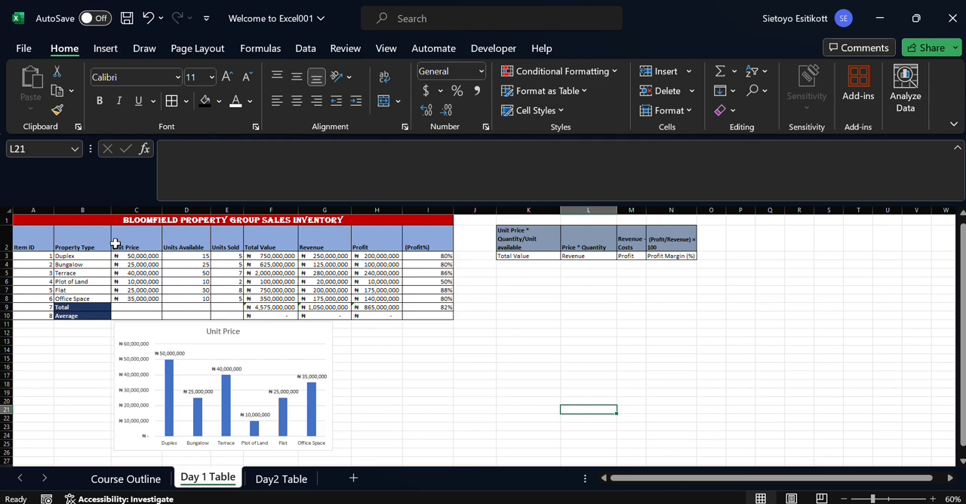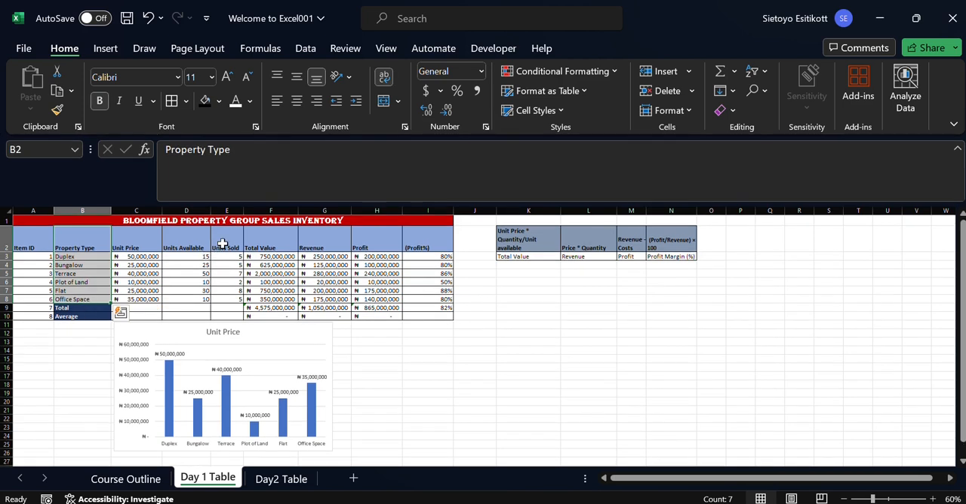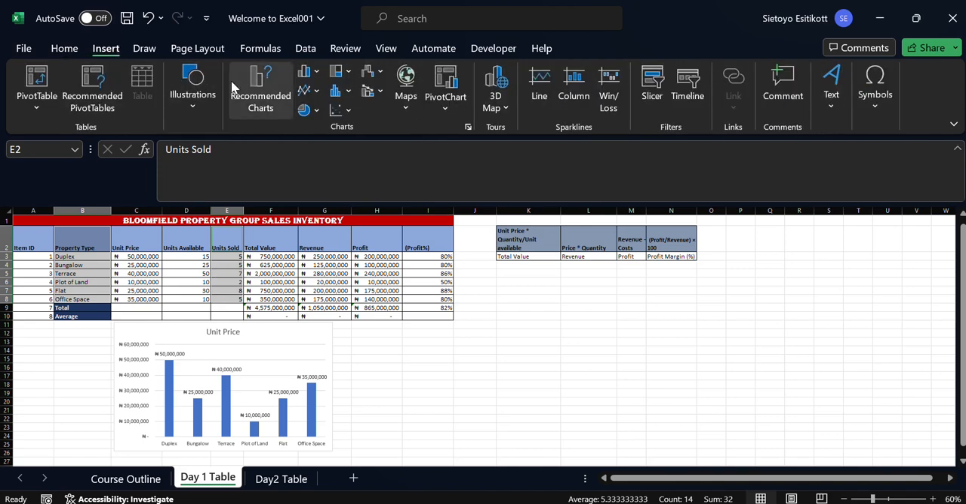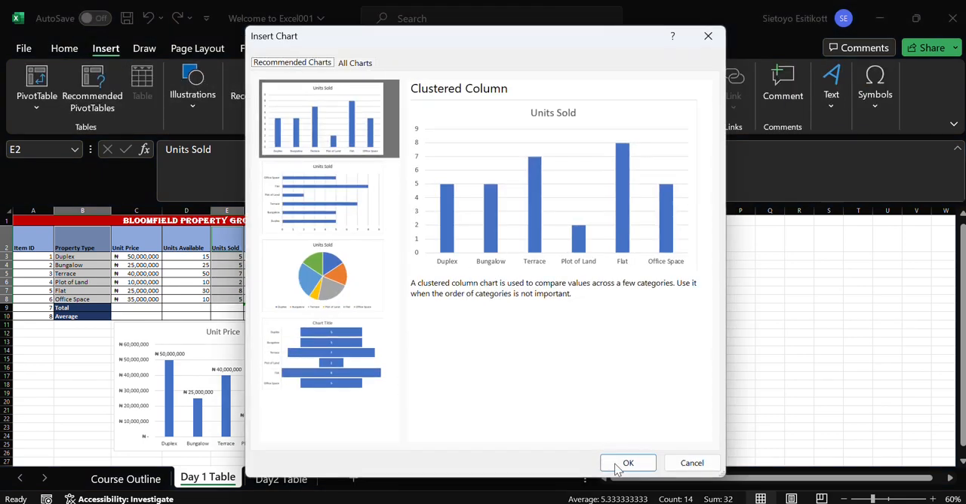Okay, so the next thing you want to look at is you can say property type by units sold. Okay, come to the insert tab again, come to recommended charts. Can still use this one again. This will accurately describe or visualize what we are looking at. Okay,